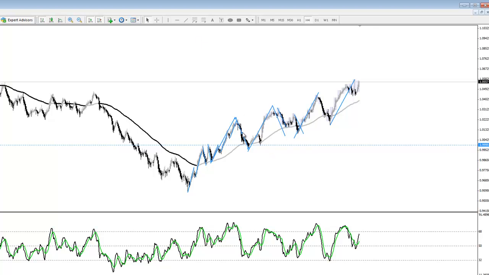Let's take this, put it right here as we did before, so we've got distance, not necessarily time, and let's take this. And now, where is this likely to go? Have we reached a new structure high here? Yes, we have. We're actually forming a double top, and what I'm looking for here after this big rally is